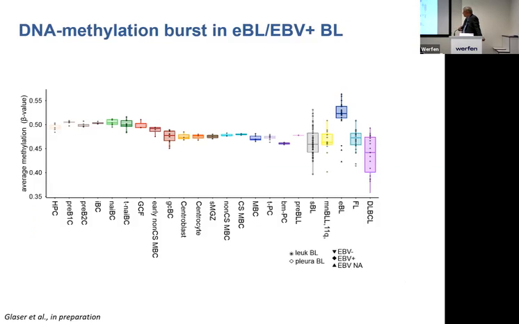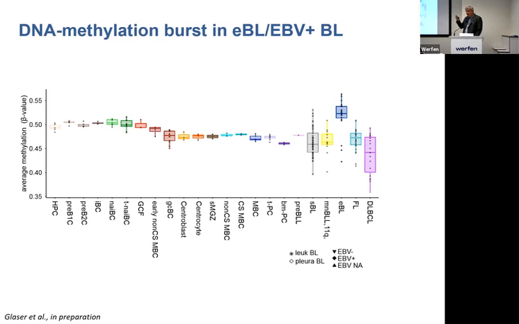And why is this the case? Because EBV positive Burkitt lymphoma has a strong hypermethylation phenotype. The same holds true for gastric cancer, EBV associated. So you see here the overall DNA methylation across all CpGs. And what you can see really is that endemic Burkitt is outstanding here. It's extremely high and showing this hypermethylation. So the same holds true in other virus-driven diseases. In EBV positive gastric cancer, it's a bit different signature, but that's probably one of the things viruses are doing.